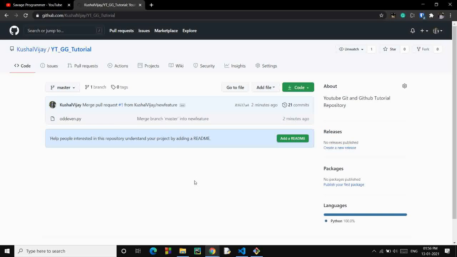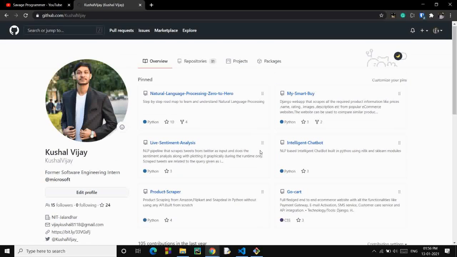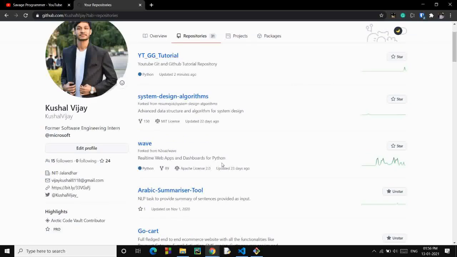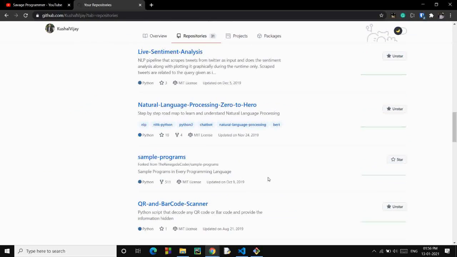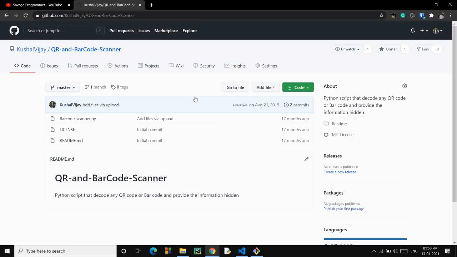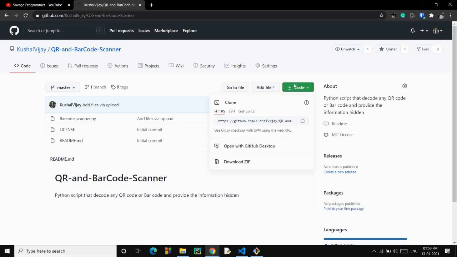Now let's look into how we can clone any repo. So let's go to one of my repos only, a small one. So this is a small repo, QR and barcode scanner. So how to clone a particular repo? Let's go to this, and you see clone is written here. Just copy this URL,